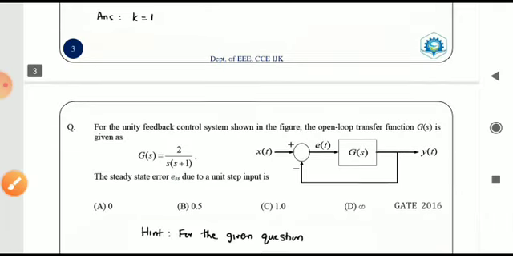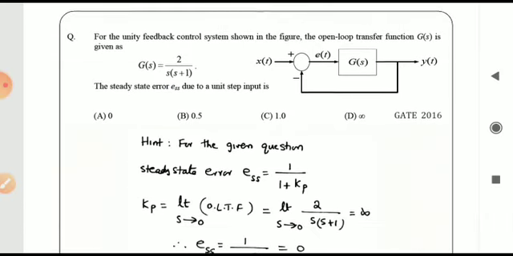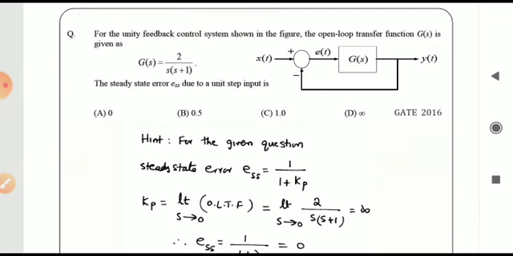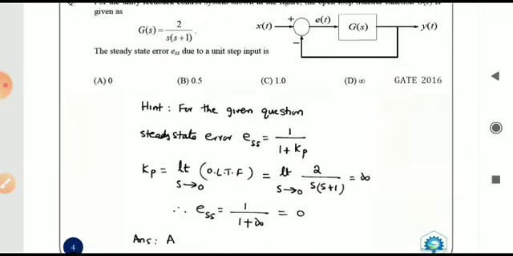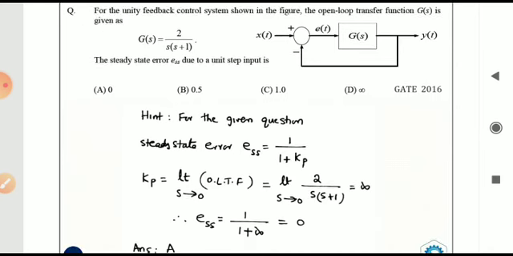Now coming to the second question. For the unity feedback system shown in figure, the open loop transfer function G(s) is 2 by s into s plus 1. The steady state error due to unit step input is. Now since the input is a unit step,